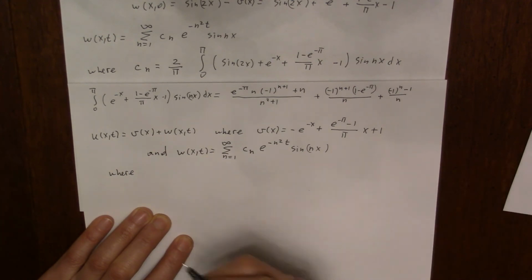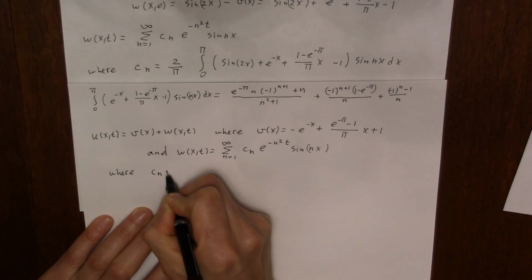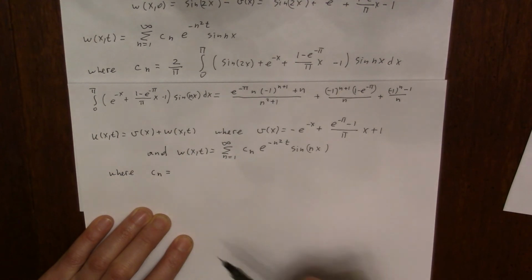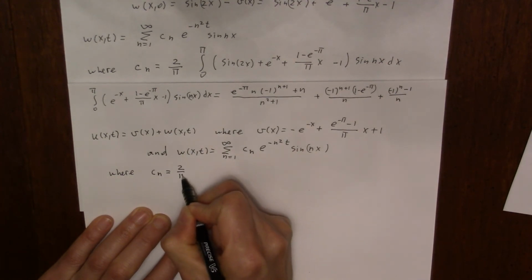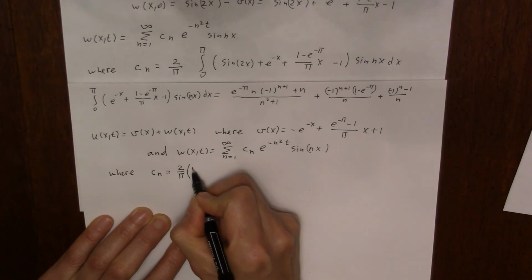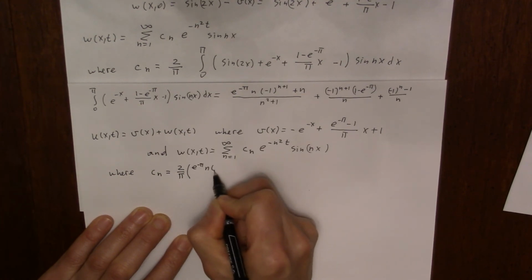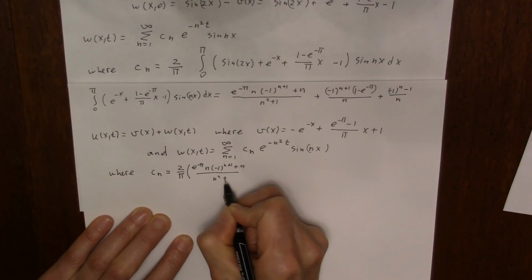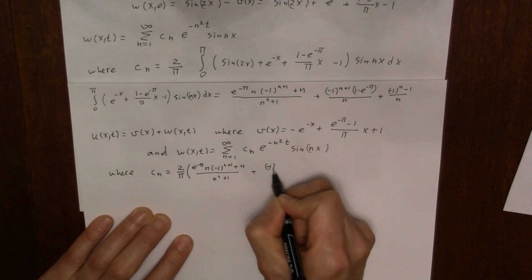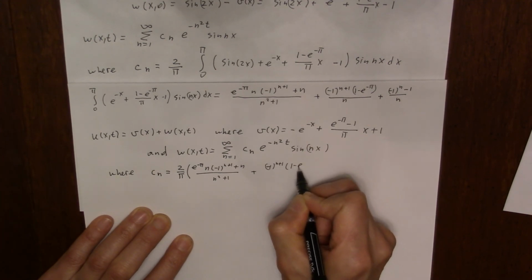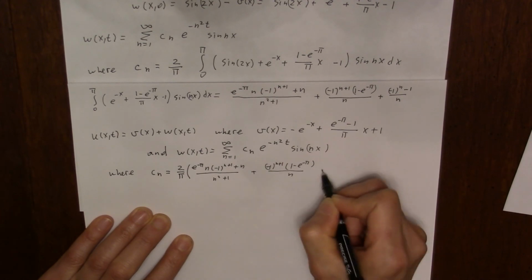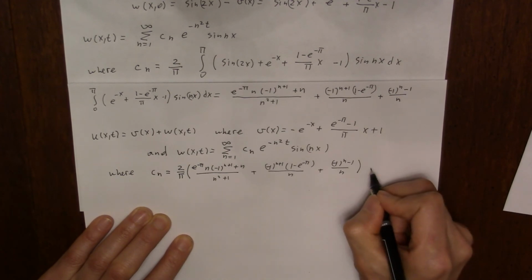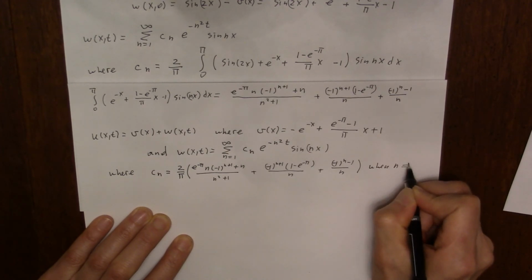So cn is going to be equal to the value of the integral which we found times 2 over pi over n plus negative 1 to the n minus 1 over n. That is when n is not equal to 2,